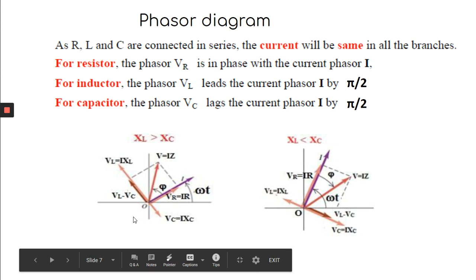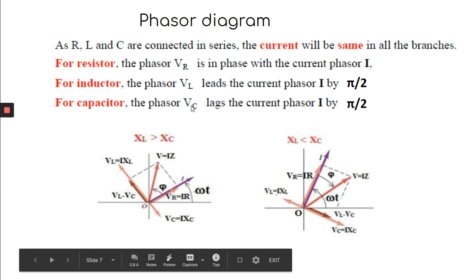Okay. And here you have taken it in terms of vector diagrams. So if this is VL, this is VC, you can find the resultant of VL and VC. As these are along the straight line but in opposite directions, what will be the resultant? The value will be either VL minus VC or VC minus VL. Let us take it VL minus VC. If it's positive, then it is in this direction. If it's negative, then it is in this direction.